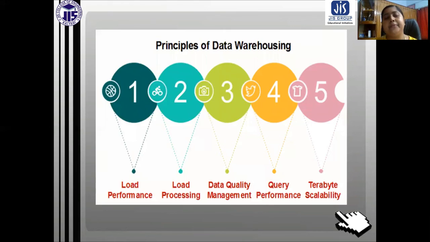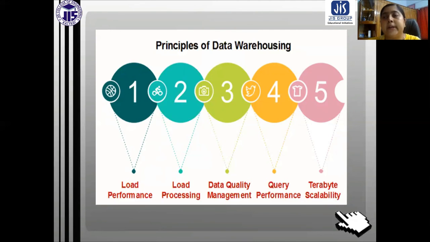Now we are going to see the principles of data warehousing in a nutshell. The first thing is load performance. Then load processing, data quality management, query performance, and terabyte scalability. These are the principles of a data warehouse.